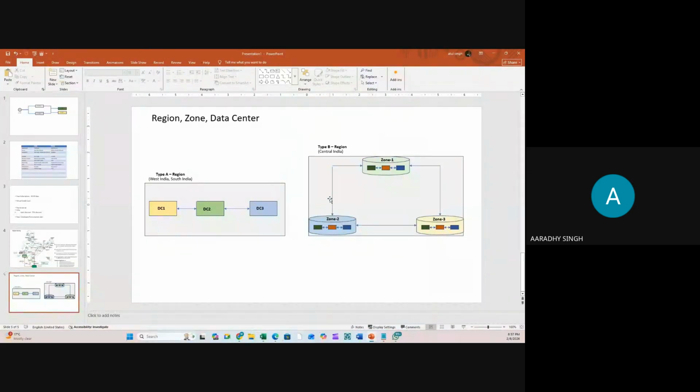So guys, technically there are two cases. All the three zones will be available under the same premise, or may not be. The minimum distance will be 500 meters, and the maximum can be 50 kilometers also. Does anyone have any questions so far? Then please unmute and clear your doubts.